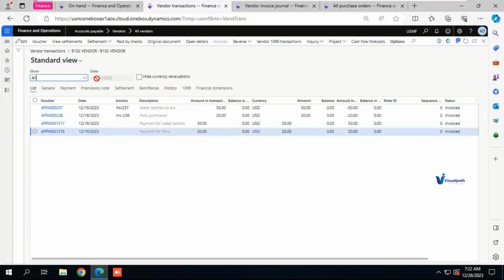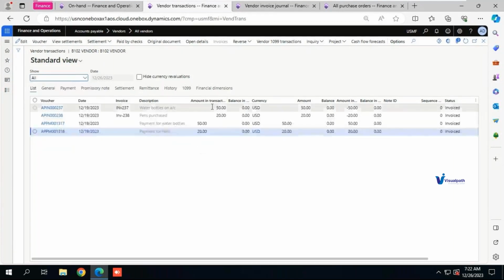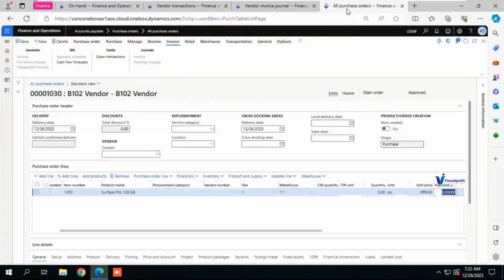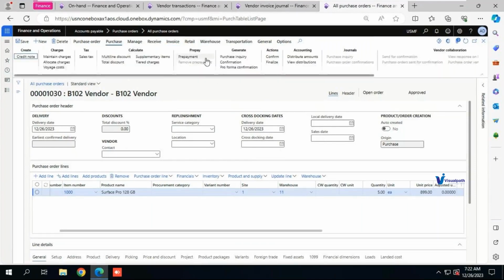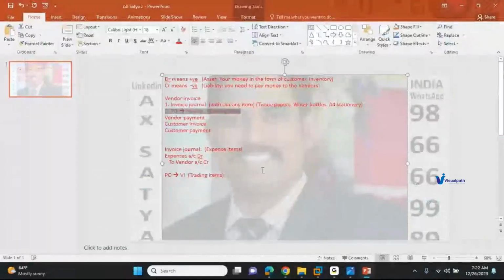And if I remove this, like suppose open transactions, it will show you 0. Means there are no open transactions. These two are invoice and payment. Now I'm creating a new purchase order for this B102 vendor, and I'm doing confirmation. This is trade and logistics or SCM functionality. So purchase order to invoice: